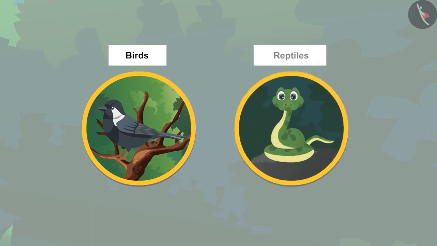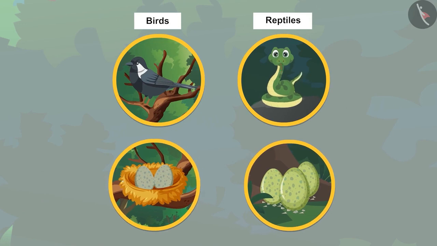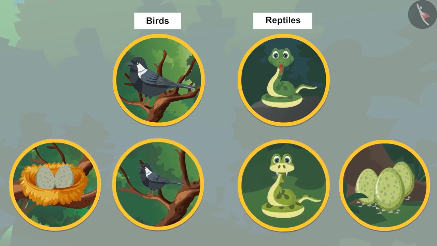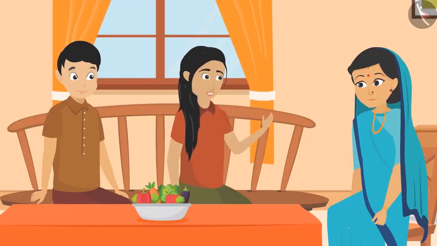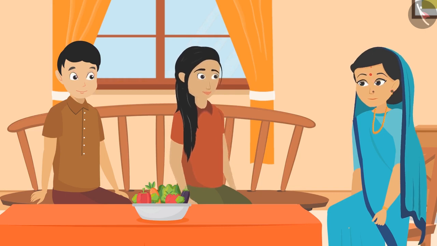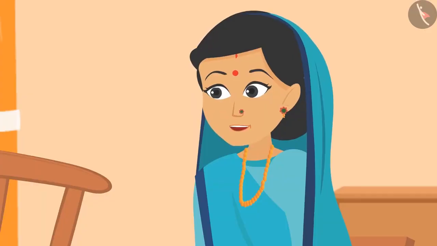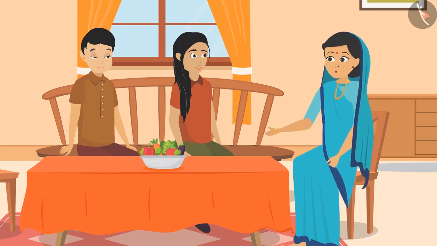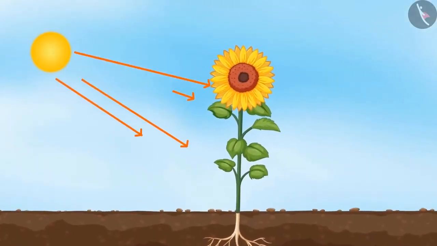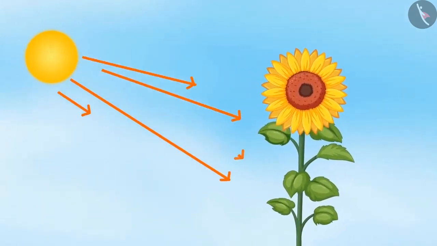Animals like birds and reptiles lay eggs, from which their babies come out. Then they grow and become adults. But mother, all these signs are shown by plants as well. I can understand one thing, that all living organisms consume food, from which they get nutrients and energy. Yes, children, it proves that even plants are living beings. And in fact, plants are the primary sources of food, as they make their own food through the process of photosynthesis. Other animals depend on them for their food, either directly or indirectly.